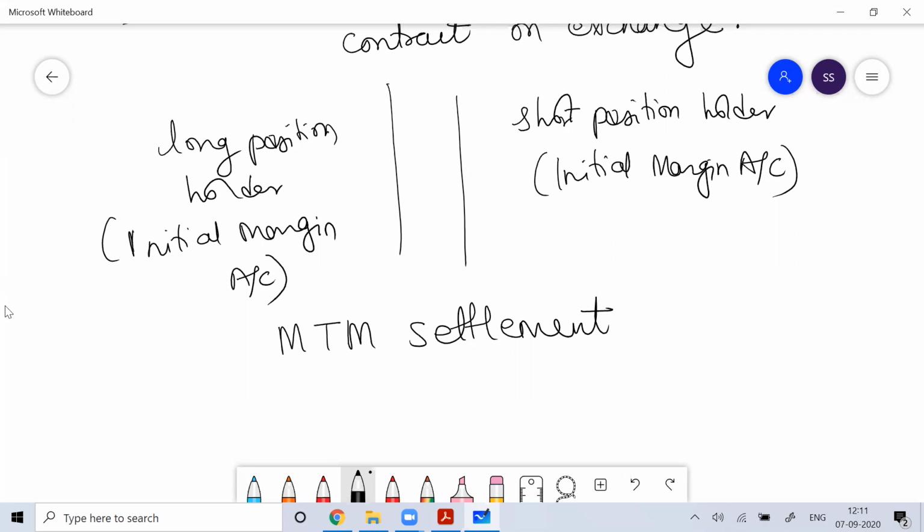By working on M2M settlement, the exchange tells you every day what is happening to your underlying asset price, and if any person's account touches something called the maintenance margin, which is the threshold margin that any person has to maintain, then they have to refill the account back to the initial margin. The difference between the initial margin and the maintenance margin is called the variation margin, which they need to refill. If they do not refill it,